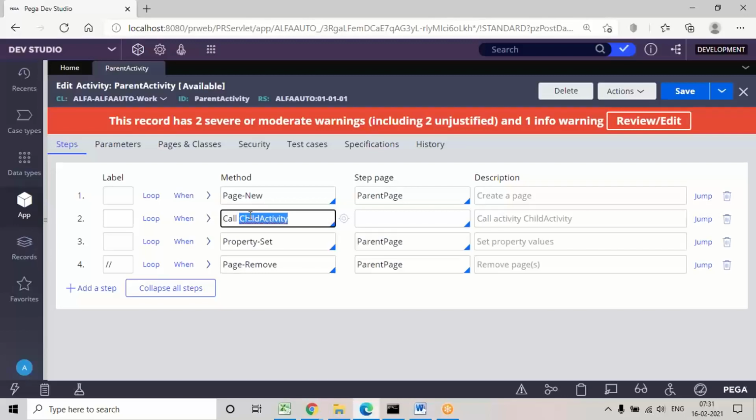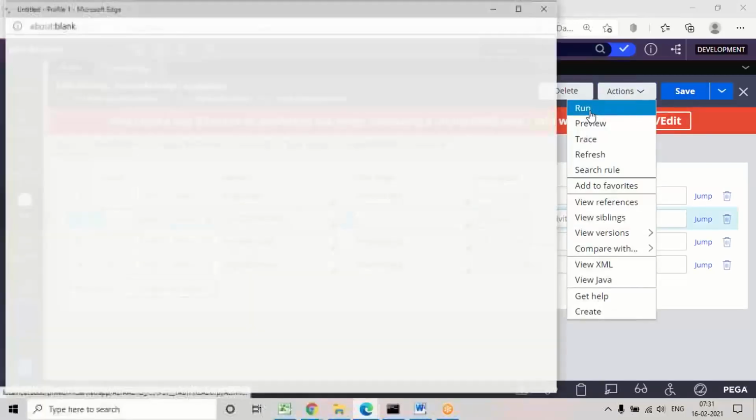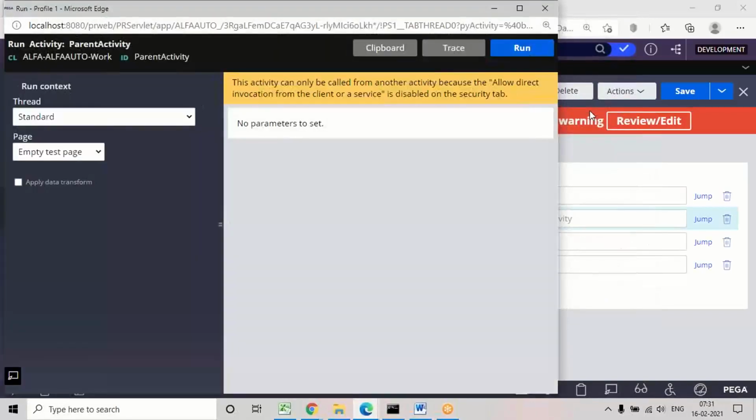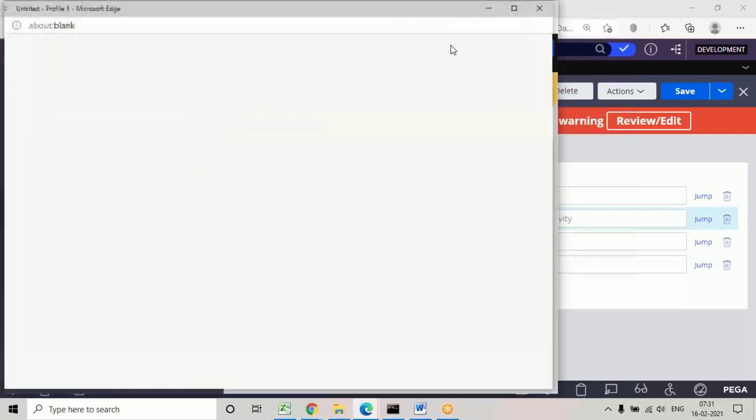Because if you know the sequence of execution, only then can we reuse it in the coming scenarios, where to use call and where to use branch. So what I'm doing is running this activity using the tracer, that is, run this activity and debug using the tracer. I told you that if you want to debug, first turn on the tracer.